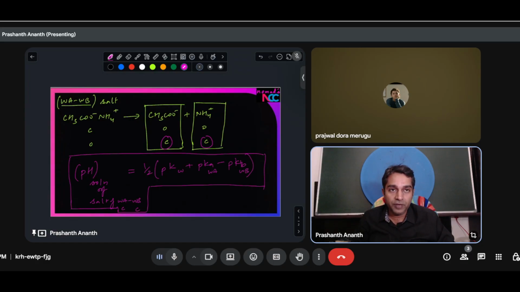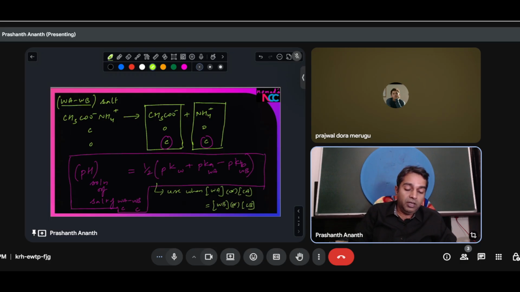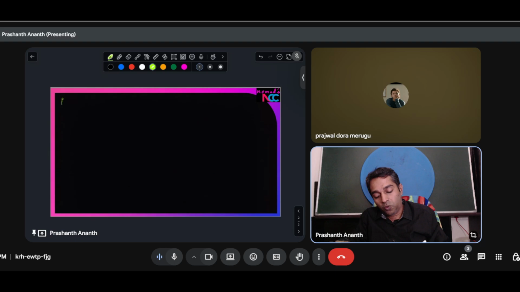This formula is very powerful in the sense that you can use it when the concentration of weak acid or conjugate acid is equal to the concentration of weak base or conjugate base. As long as they are both in equal concentration, this formula is straight away applicable. You don't need to think about it beyond that. The next piece we had discussed was NaHCO3,